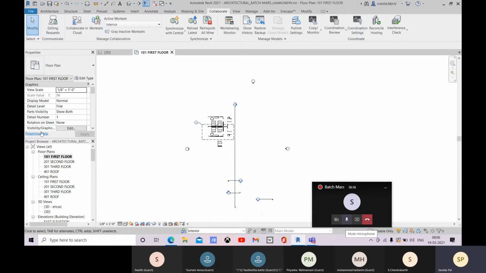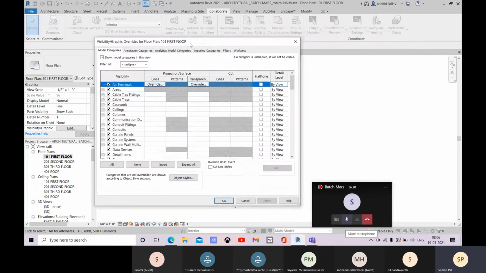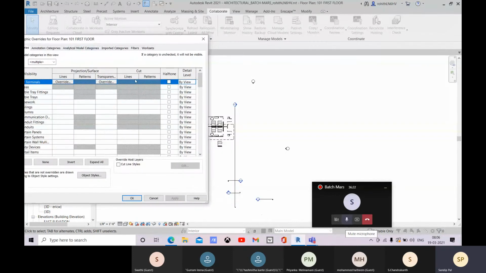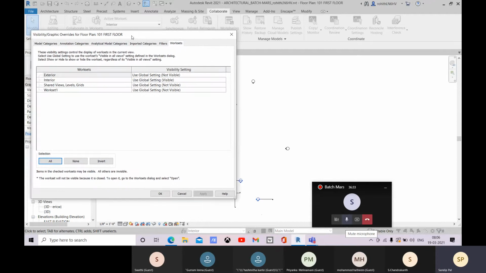Okay. And now let me come to this visibility graphics option. While describing this visibility graphics, I told you that you will have some other tabs. So right now we have this worksheet tab. Here you can see that the other worksheets are not visible, and this interior is only visible here.